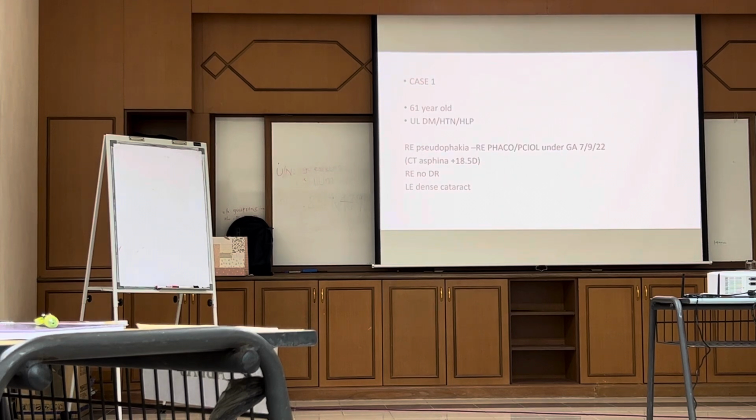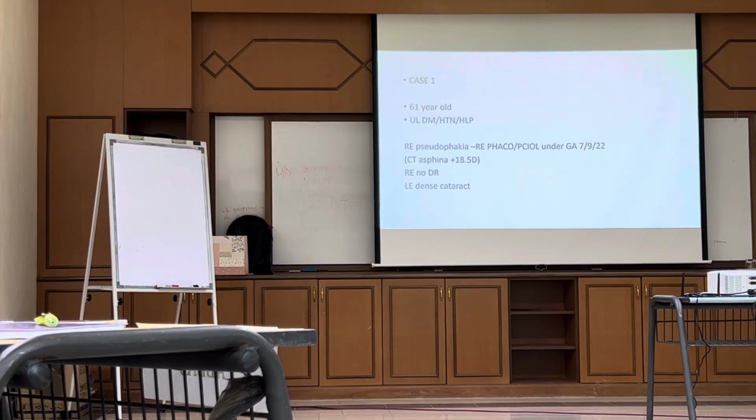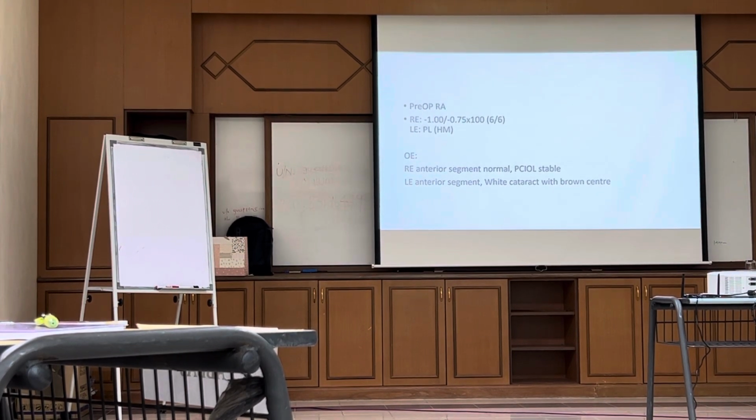So I have a 61-year-old gentleman with underlying diabetes, hypertension, and hyperlipidemia. The right eye was already done in September 2022, so he had an Aspina put in. He had no diabetic retinopathy changes, and the left eye was a dense cataract. The right eye is a post-op eye, so he had a -1 still of 0.75, and the vision was 6/6, and the left eye was